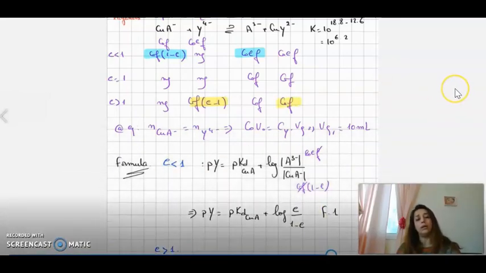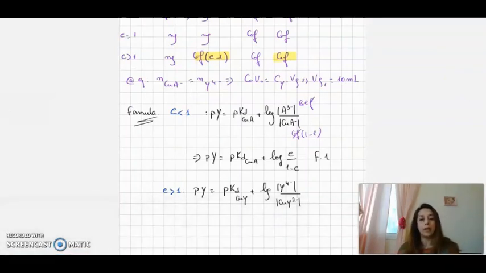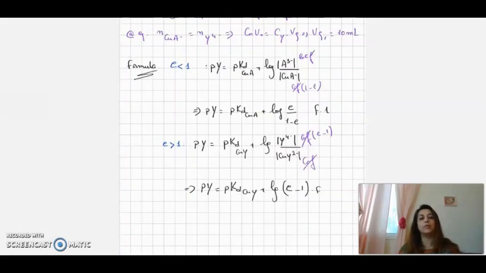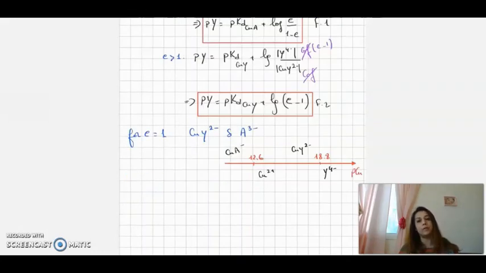So to determine pCu, pCu also depends on the couple coming from the burette now. So it's equal to pKd of CuY2- plus log of Y4- acceptor over donor. If we put the concentration, we'll have a relation between pCu and tau. For tau equal 1, I have in my beaker